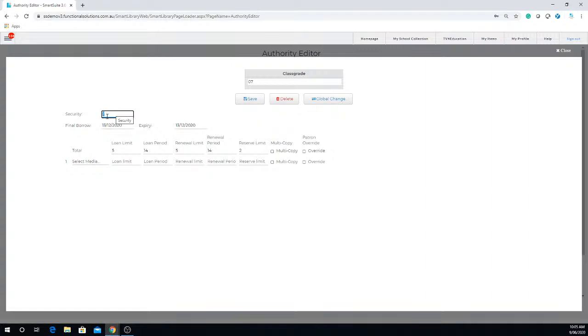Then when a year 7 comes to borrow it, they will not be able to borrow a year 12 book. If it was a senior fiction and I made it year 10 and this was a 7, then they won't be able to. But if it was a year 10 and the security was 10, they'll be able to borrow it. If the security of the item was 11 and the student was a year 10, they won't be able to borrow it. But if the security was 10 and the student was year 12, then they will be able to borrow it,